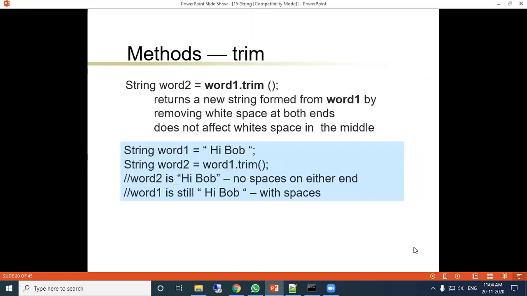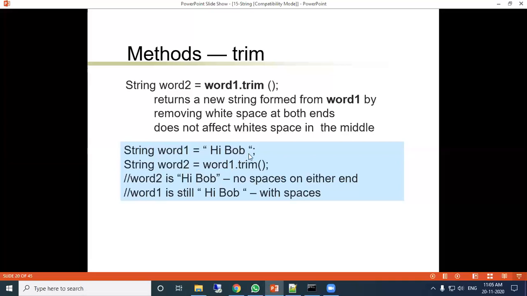Then the trim method. From the left and right side, from both sides, if any white spaces are there, then it will remove them. That is the task of trim. Suppose here word1 equal to, within double quotes, one space is there here and one space is there here: Hi book.